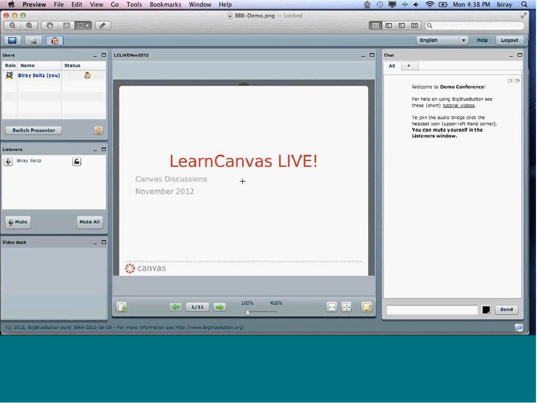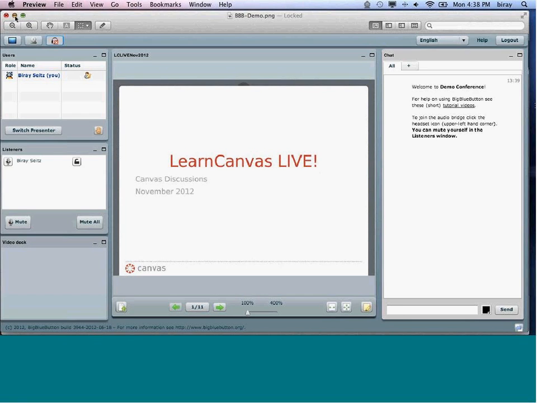So if in the middle I want to show them what I'm doing on my computer, like I'm doing now, I could use that. I can also turn on my webcam so students can see it, and again, that will show up on their video dock down here. And then I can mute or unmute myself. It's a simple interface, but I think it really lends itself well for weekly conferences, weekly lectures, discussions, office hours, group discussions, things